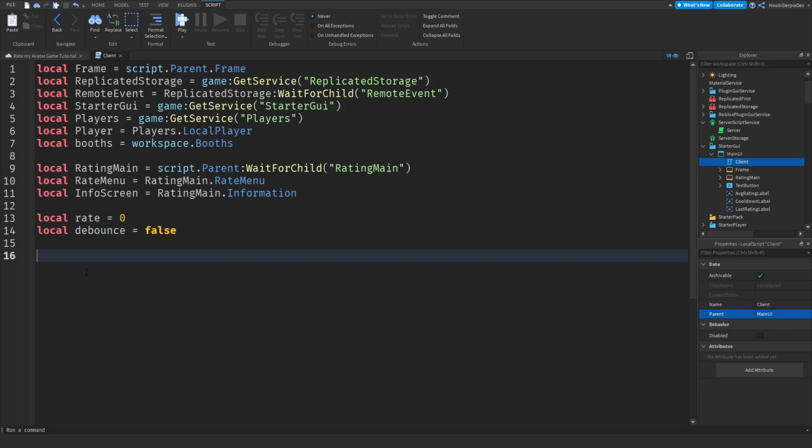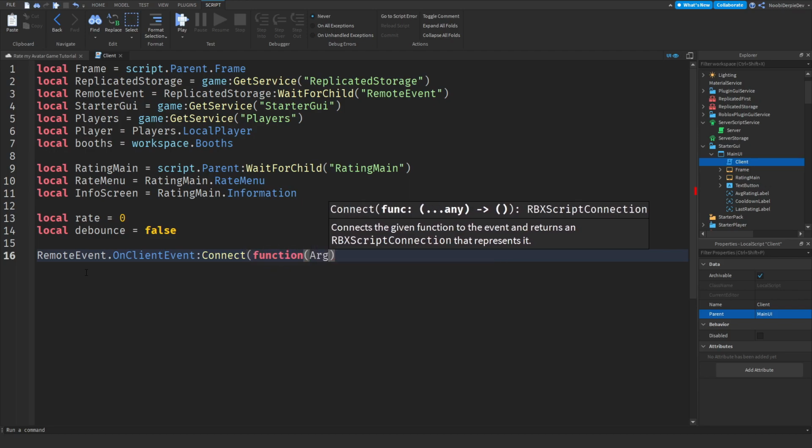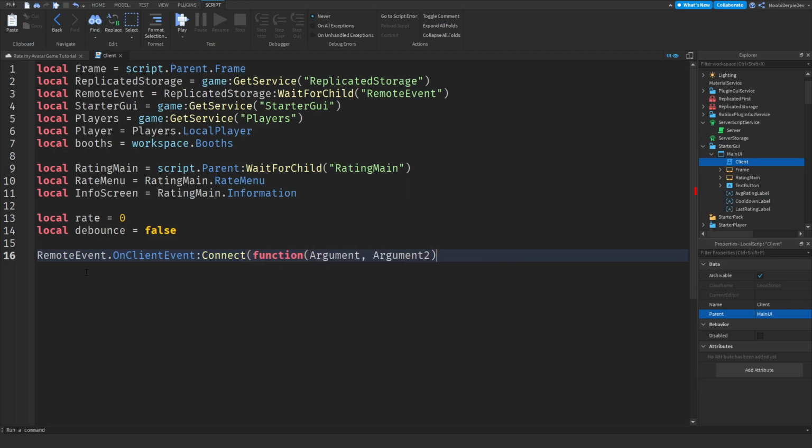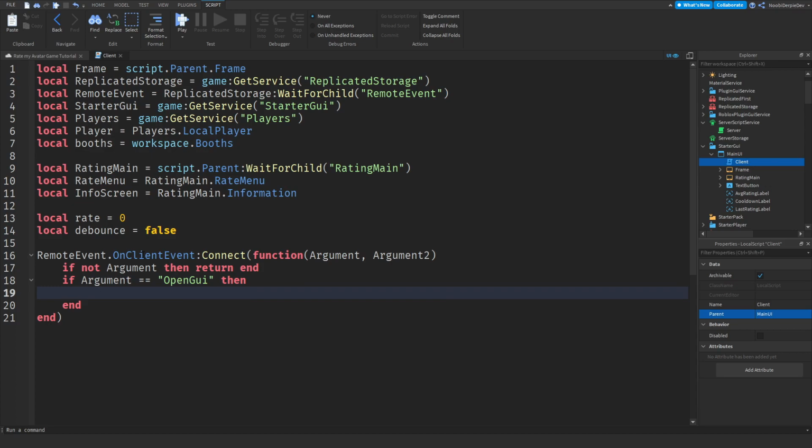Most of the client is handled by the remote event, which fires a lot of things from the server. We mostly do a server to client communication because we know that whatever the server sends is 100% trustworthy. So that's why we can do a remoteEvent.OnClientEvent:Connect function of 2 arguments, argument and argument2, like that. So if not argument, then return end, because if there's no argument, we're not going to do anything. If argument equals OpenGUI, then, so if you need to open a GUI,